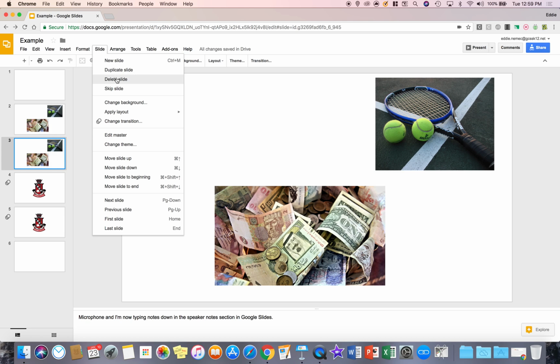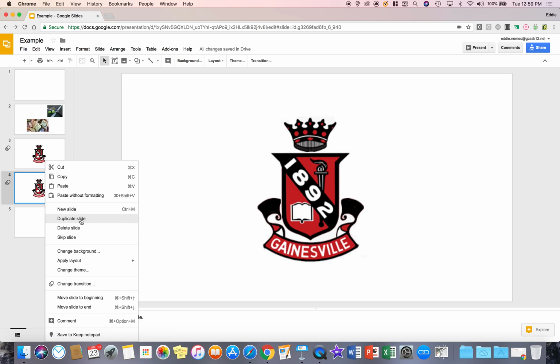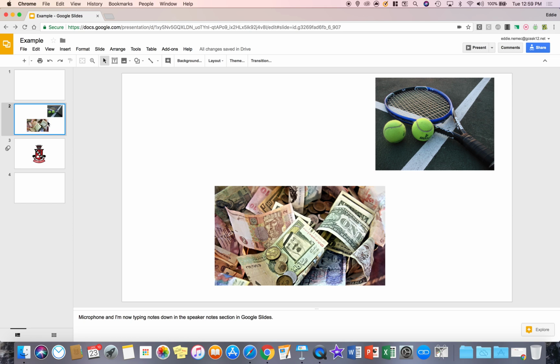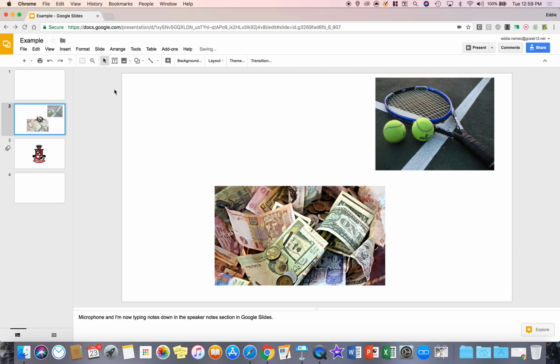Again, I can hit slide and then delete that slide. No different than going to this slide and right clicking and saying delete slide. So a lot of the options you have in the slide tab, you also have by right clicking on the slide. So if I go to slide and say skip slide, this is a really nice feature